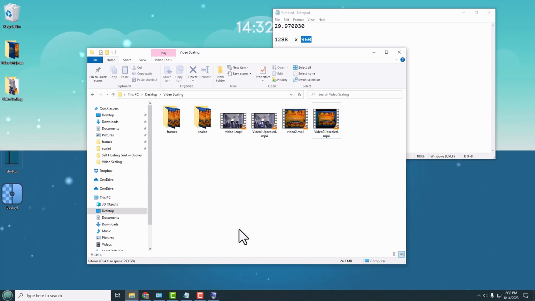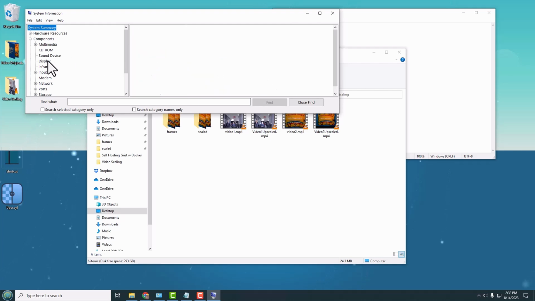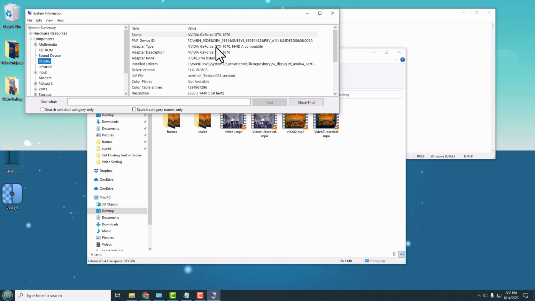And by the way, just to kind of show you what we have running on this machine right now, this is a Windows 10 machine. It has an AMD 3700X processor. Now, it doesn't really use the processor that much, so it's really kind of irrelevant, actually. If we come over here to display, we have an old GTX 1070 running in here. I think it's got a slight overclock, but nothing substantial. So basically, that's it. So this is certainly not state-of-the-art hardware, but you could certainly get some video upscaling done,